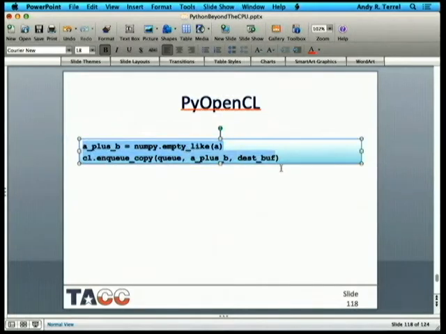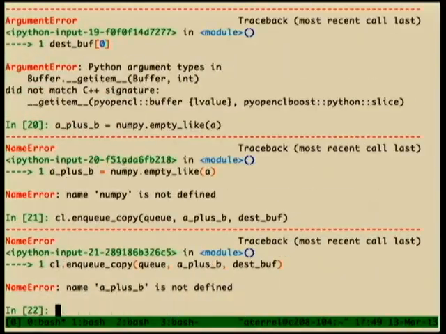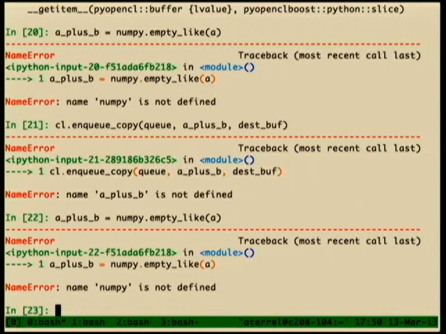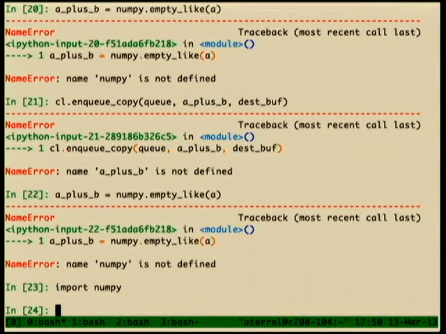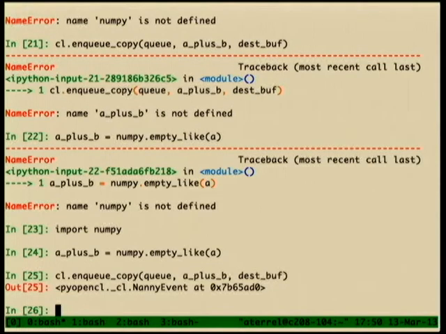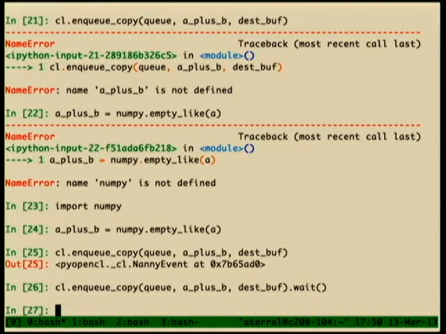And so I do the same sort of thing. Bug in the slides. So for A plus B, I give it a numpy array, and I say empty_like A because I don't want you to do anything with my memory. And then I enqueue the copy. I think I have to do a wait there because it gave me back a nanny event. You haven't started or done anything with it. And then CL enqueue copy, and now I have it back,